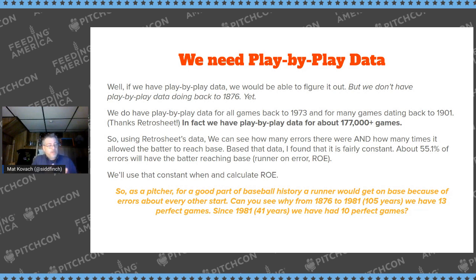So that's one of the reasons we can look at, and this model seems to say this is why we're getting more perfect games recently. Two things: we play more games than we did back then, we have more teams, we have bigger seasons, and our fielders are a lot better.